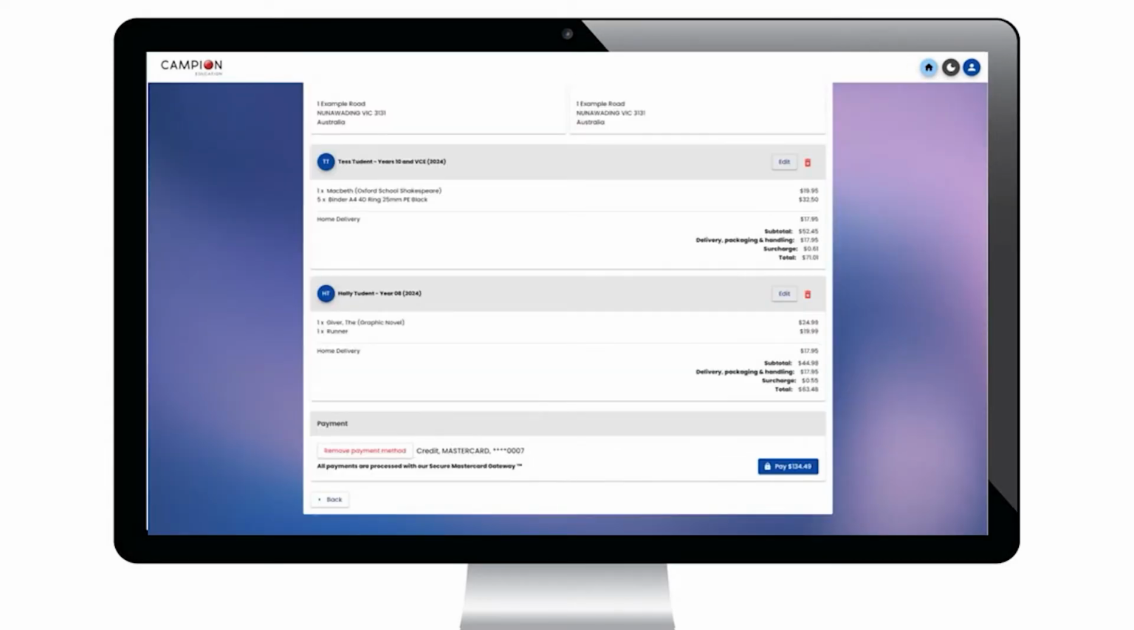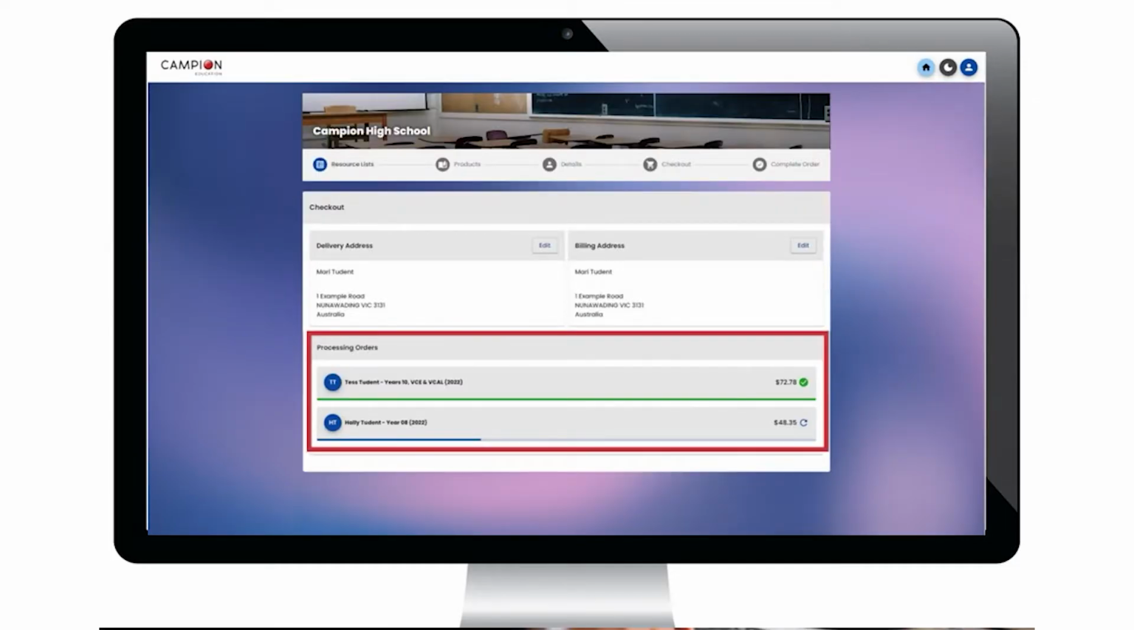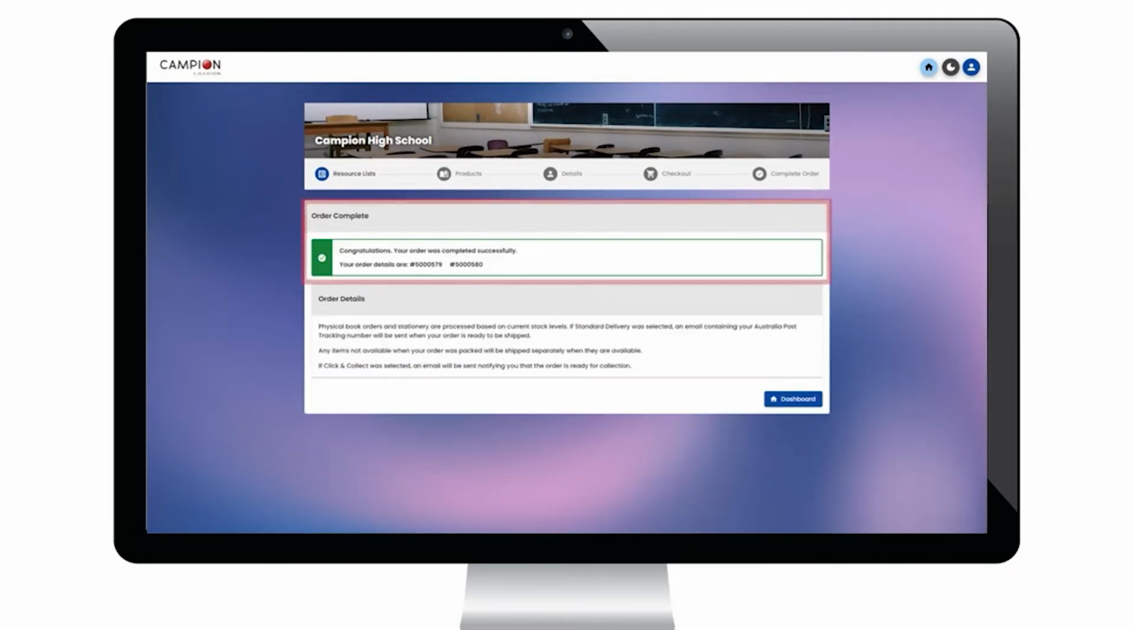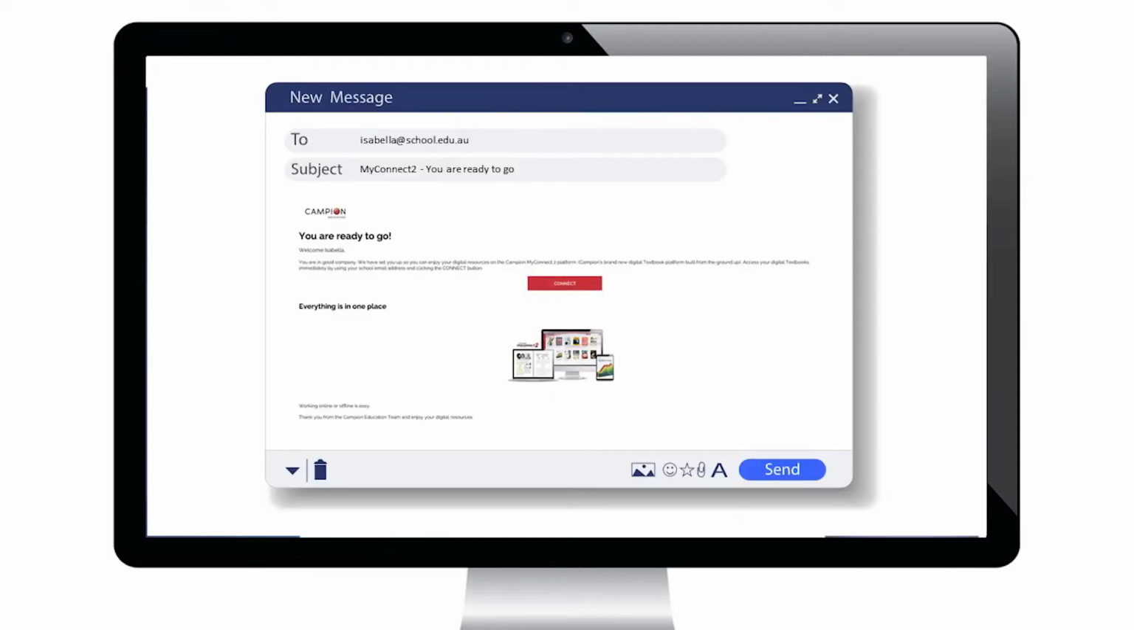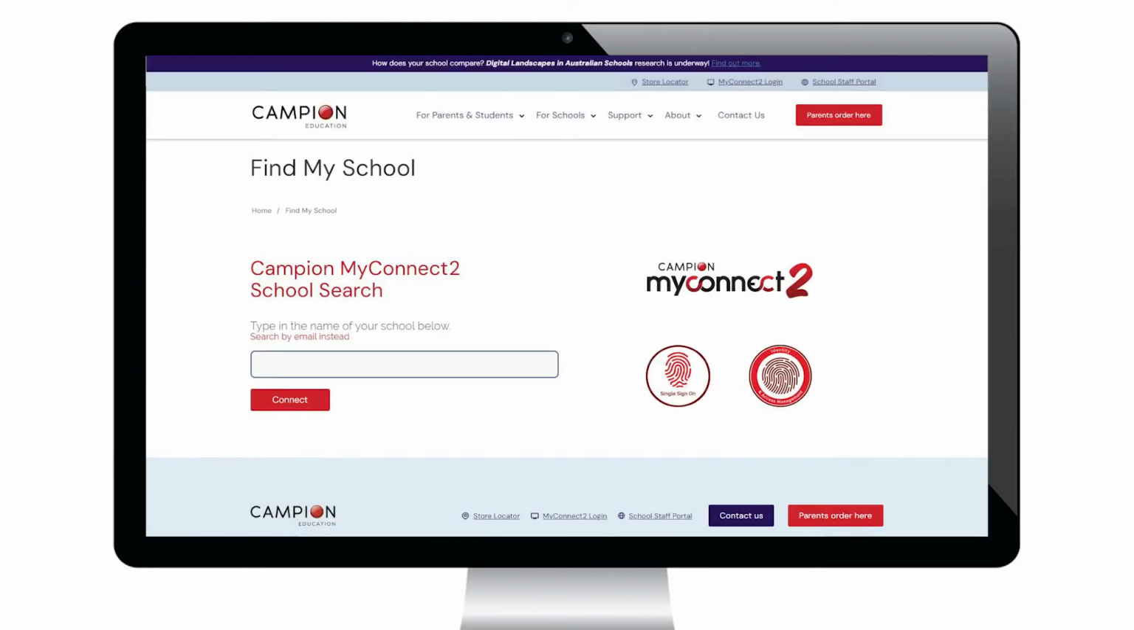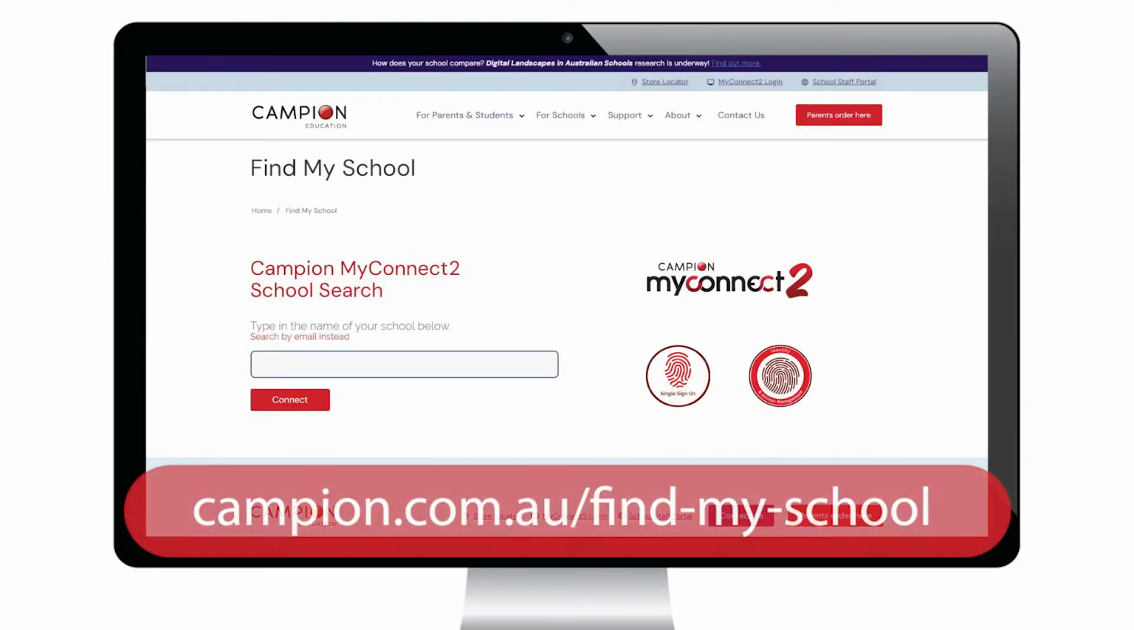Once you have completed your order, including making payment and receiving the order confirmation screen, your child's ebooks will be delivered directly into their MyConnect2 digital bookshelf, which they access via the school LMS. This is why we want to make sure we have each student's correct email address. Each new student is sent a Welcome to MyConnect email with details on how to connect. If you cannot find the email or link, head to the MyConnect2 school search page, type in your school name